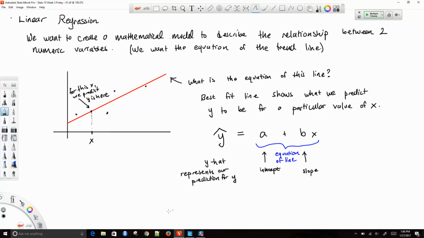And in your lab this week, did you guys already do it yesterday? Yeah? Okay. So the lab should have shown that the way we fit our best fit line is that it is the line that minimizes the squares of the residuals. So the lab should show that the best fit line